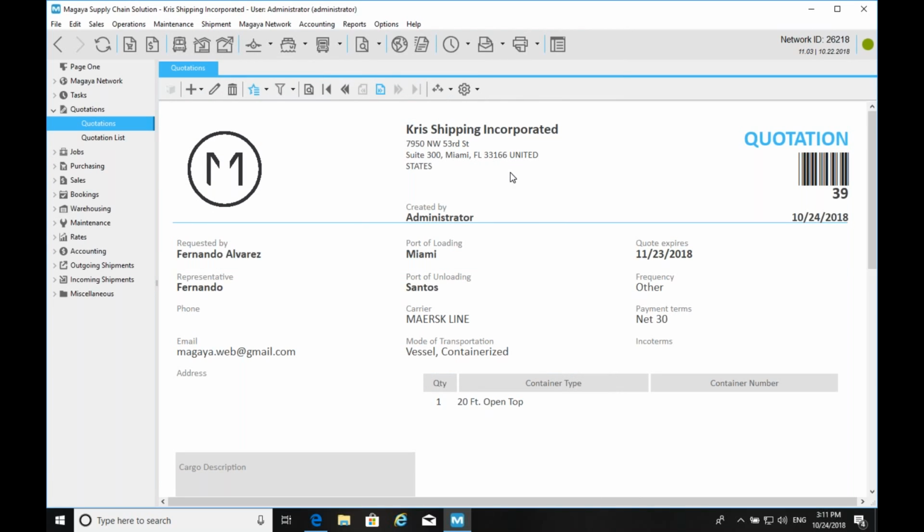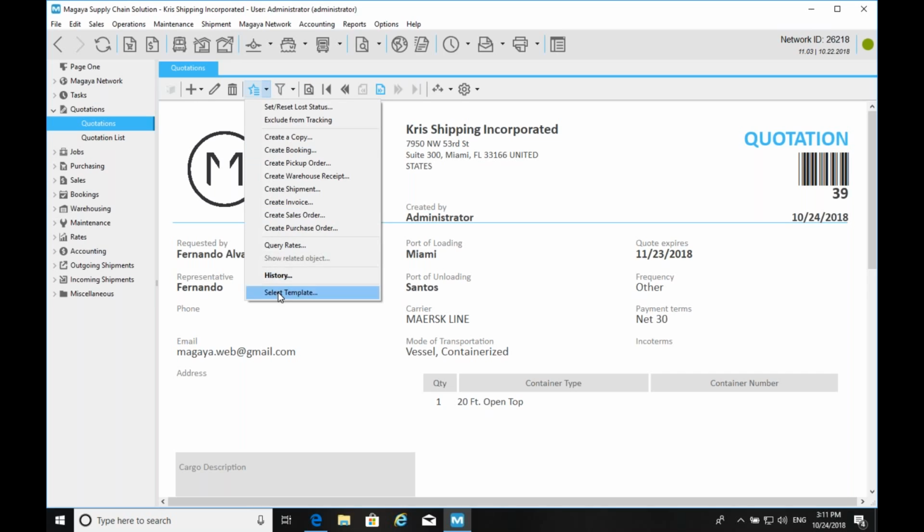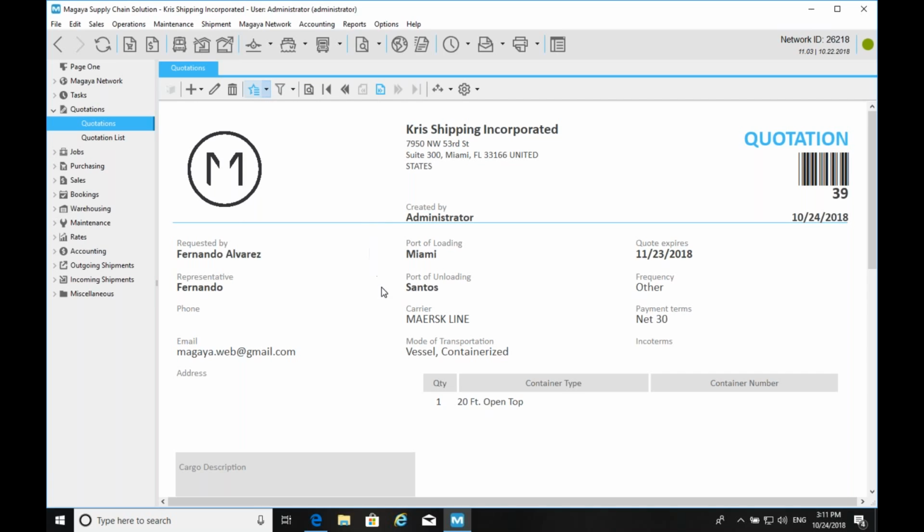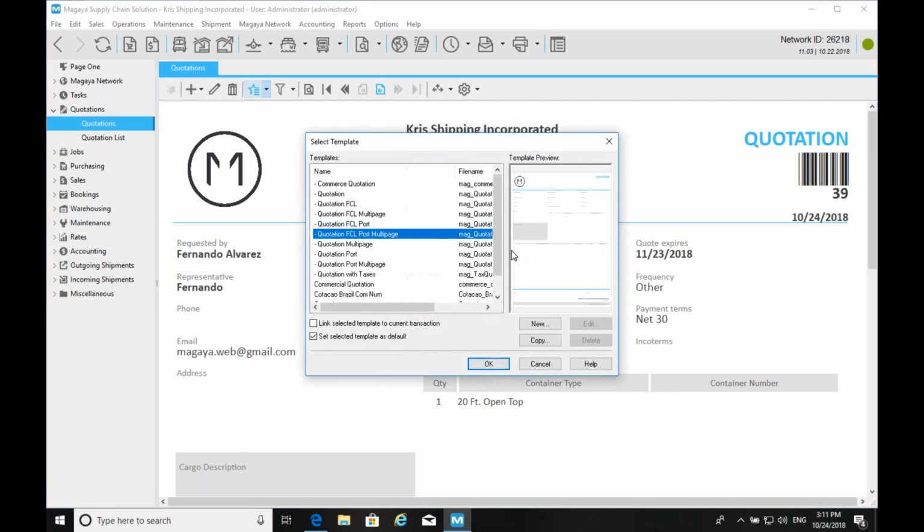What you notice in the background now are the new quotation document templates. Okay, so we added quite a few. If you look in the templates list, we created several of them for many scenarios. So you have your regular, just very generic quotation. Then you have 4 different types for full container quotes.